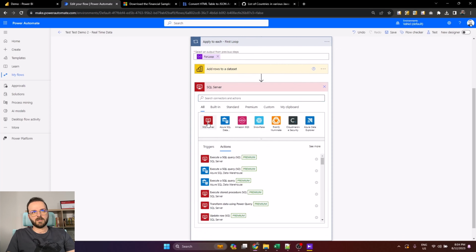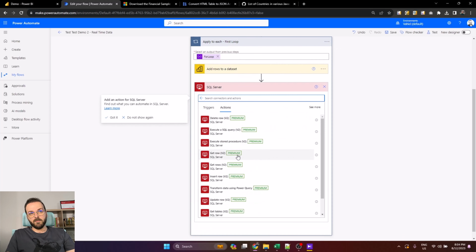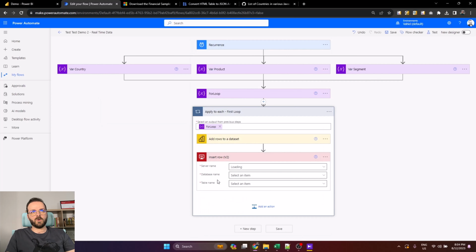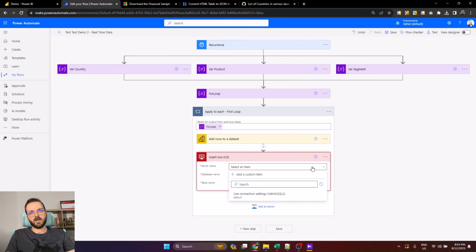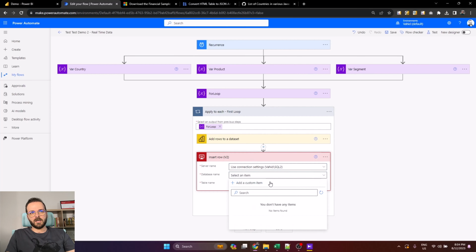If I select SQL, you can see there is a premium tag here. That means you need to have a proper license in Power Automate to be able to use that. Insert row is the action in SQL Server that I want to use for adding records to my table on the database. So here I can select my database here,